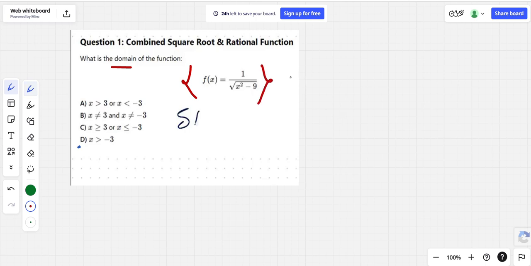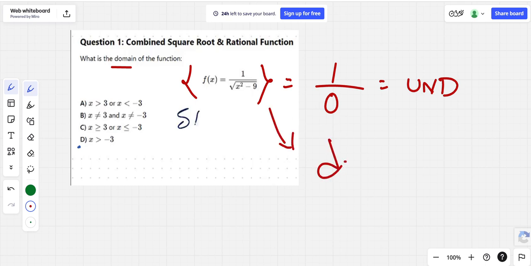So the main thing is we just need to take care that the denominator is not going to be zero, because if it becomes zero, it will become undefined. So that's the only thing we should care about when we're choosing the right answer. Now, getting back to the actual thing, a domain is something